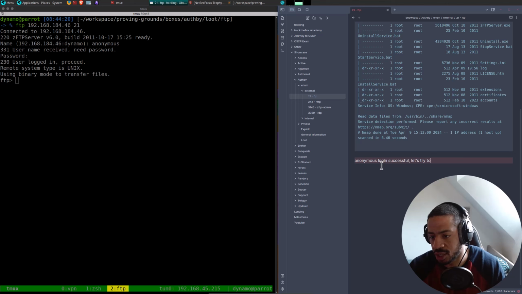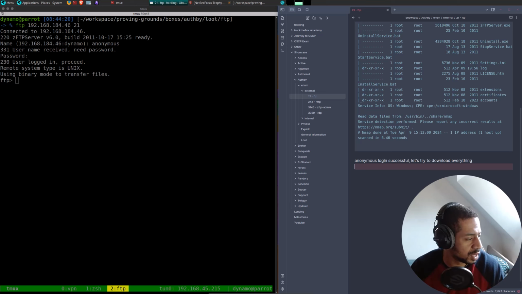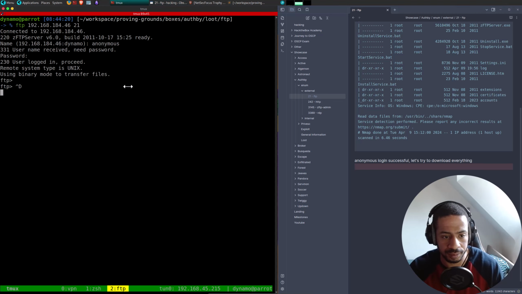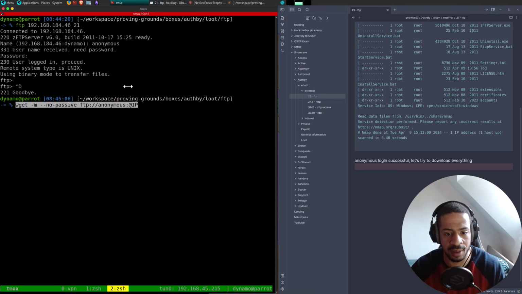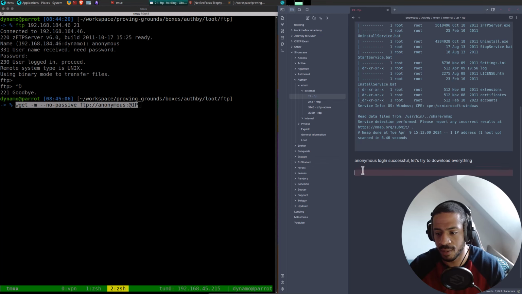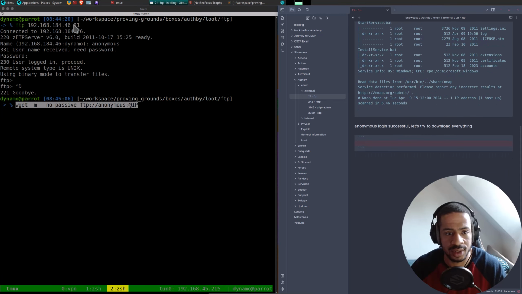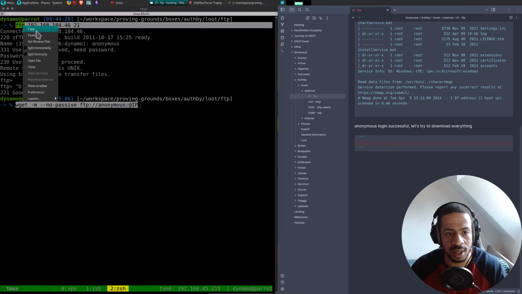Let's try to download everything, and then what we're going to do is, let me just quickly go into my notes, get the commands, FTP, this one. Let's disconnect. Wait, here I forgot something in my notes.